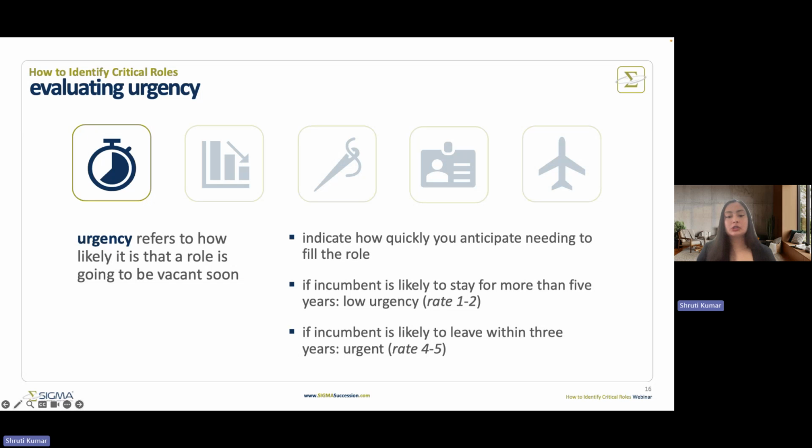Now, you may also consider that while employees may not be explicitly planning to leave, they could potentially be offered a role elsewhere. This is in the cases when you have a very competitive employee with a highly sought after skill set. If you do have a superstar employee at your organization, you want to be aware that they could be headhunted, approached by other organizations. So you can also keep this in mind when you're making your evaluations.